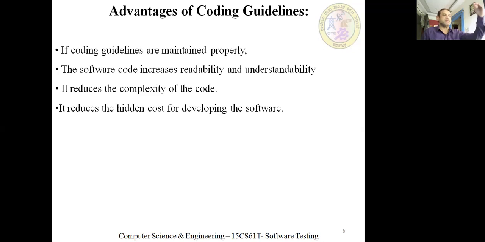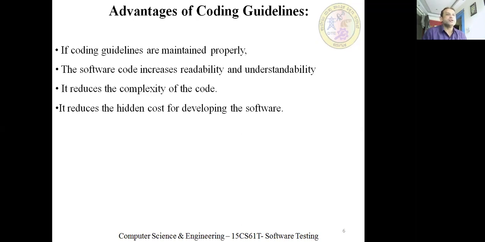So you follow the guidelines on how it should be written. For example, there will be a main function, then sub function 1, sub function 2, function 3, and so on. You need to write the author, who has written this program, when it has been written, and what is the logic or purpose of that particular function. You need to write everything there. If you follow all those guidelines, definitely it can be maintained properly, and it will help others to read and understand.